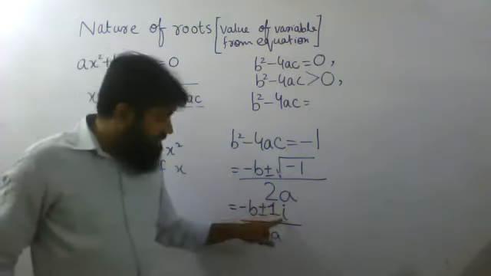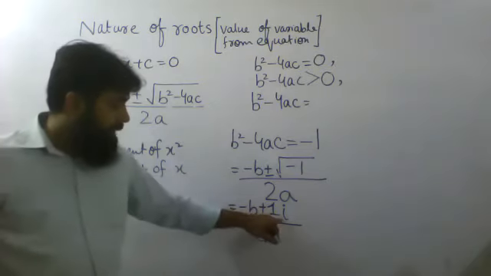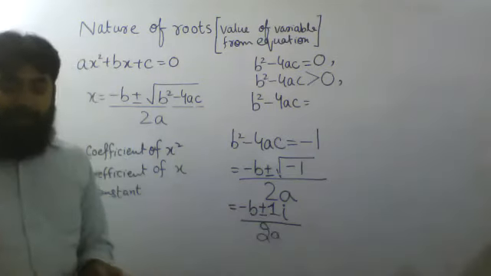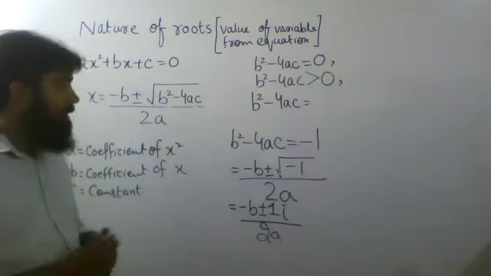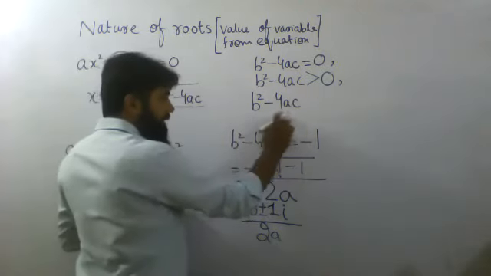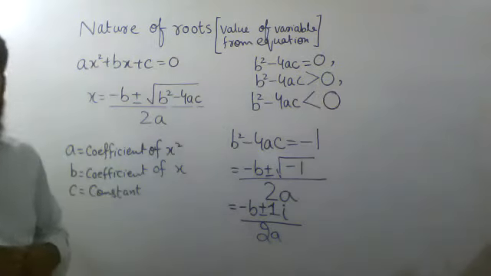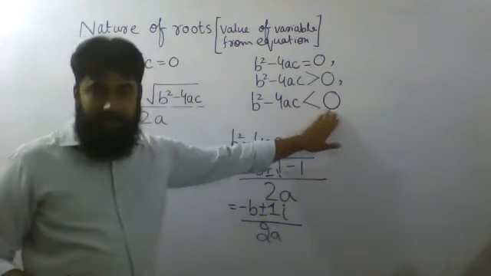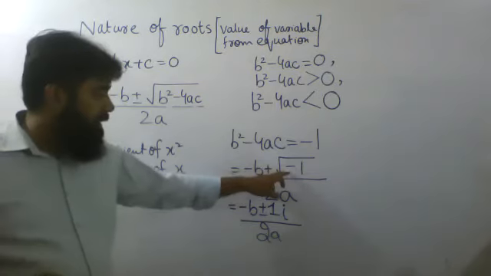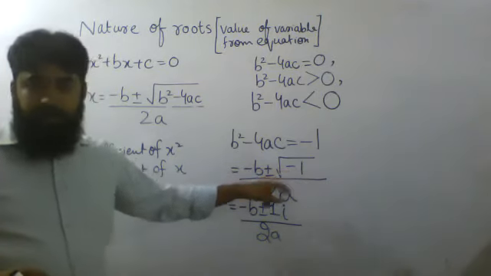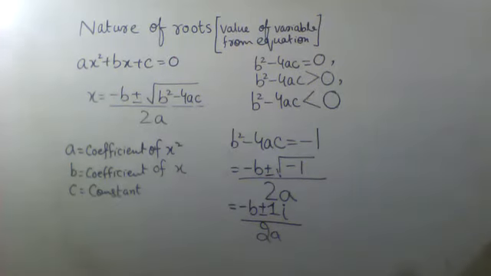Okay, so when this kind of thing comes up in the calculator, when you are solving with the help of a calculator, and this thing is written over there, it means that you can't solve that. You can't have any value of x over there when your b square minus 4ac is lesser than 0. When your b square minus 4ac is lesser than 0, you will get something like this. Or when you use a calculator for finding the root of a negative number, you will see that it is not solvable. You will be getting a math error in your calculator.